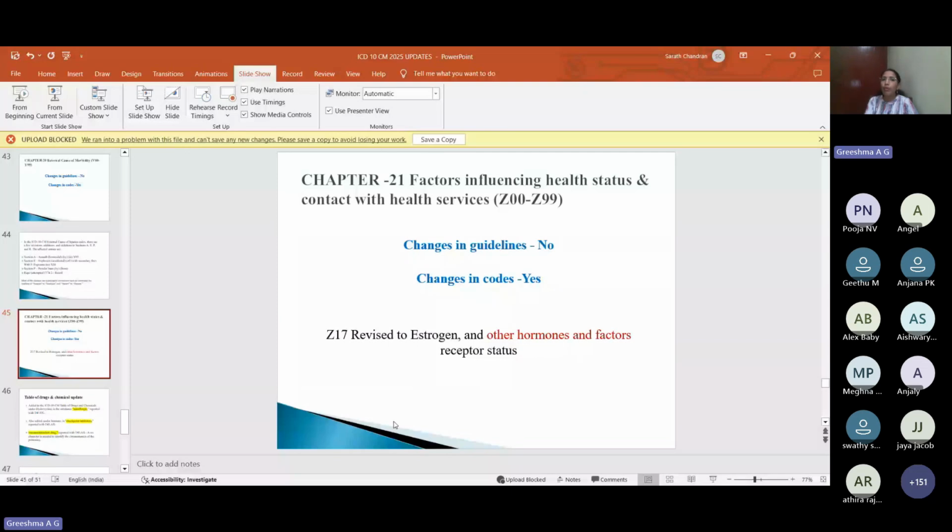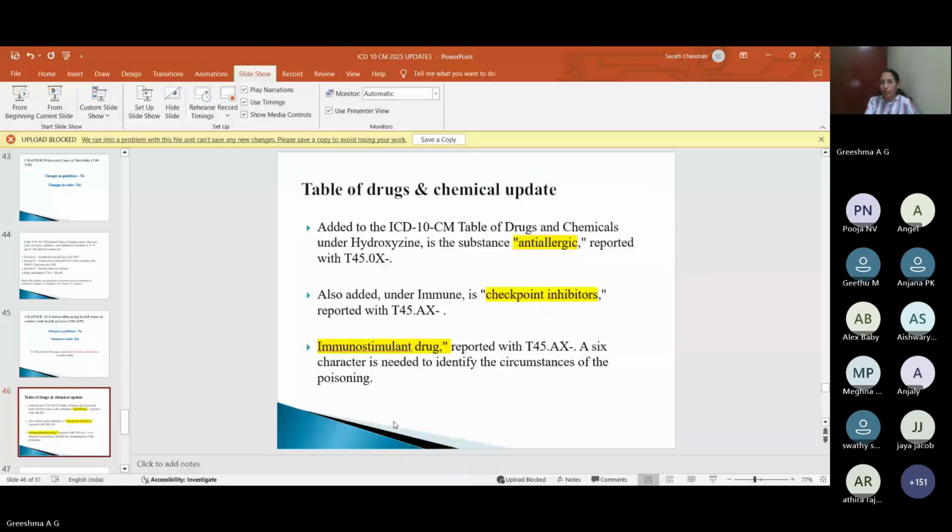Then in the table of drugs and chemicals, we know we have two types of tables in section 2 of the alphabetic index: the table of neoplasm and the table of drugs and chemicals. In the table of neoplasm, no changes happened, but in the case of the table of drugs and chemicals, there are 3 terms introduced. That is